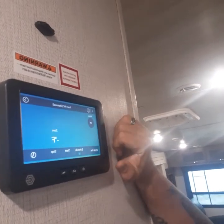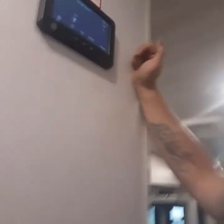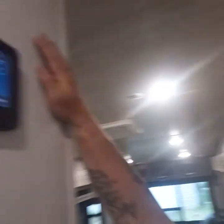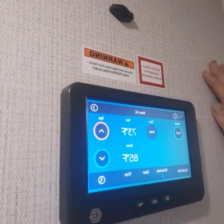Anyway, if you turn this on and you see that negative F, what that means is that there's no communication, right? And now this is for the front AC, which is not on this camper. We didn't opt for that. So what we were seeing was that negative Fahrenheit for both, where both units are, front and rear. And what it should do is give you a reading of the cabin temperature